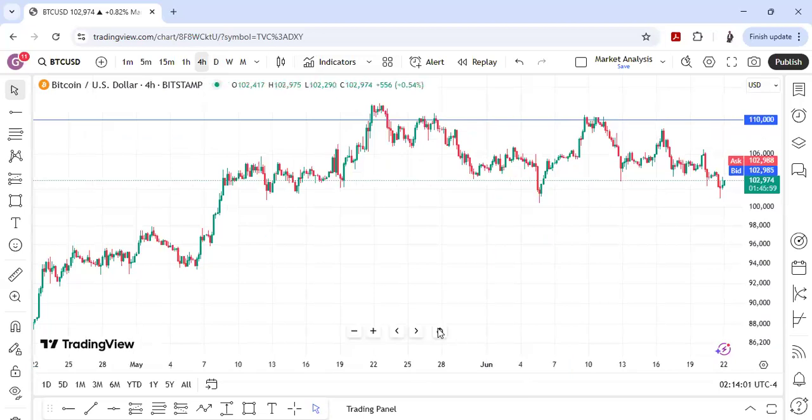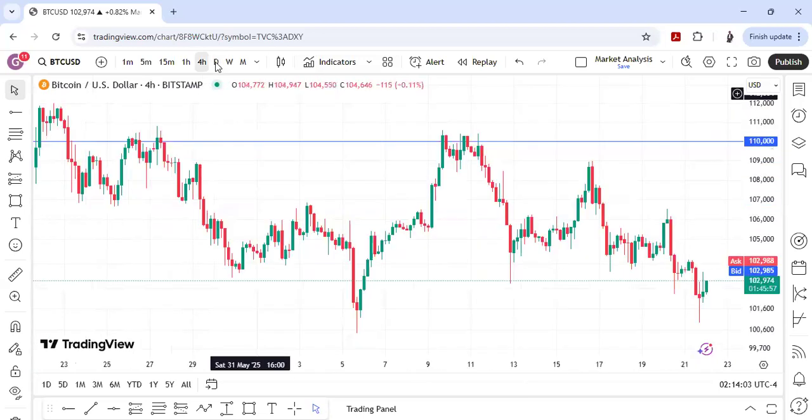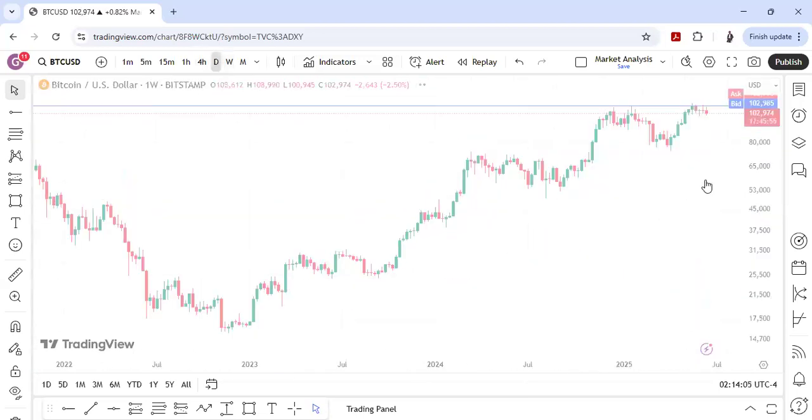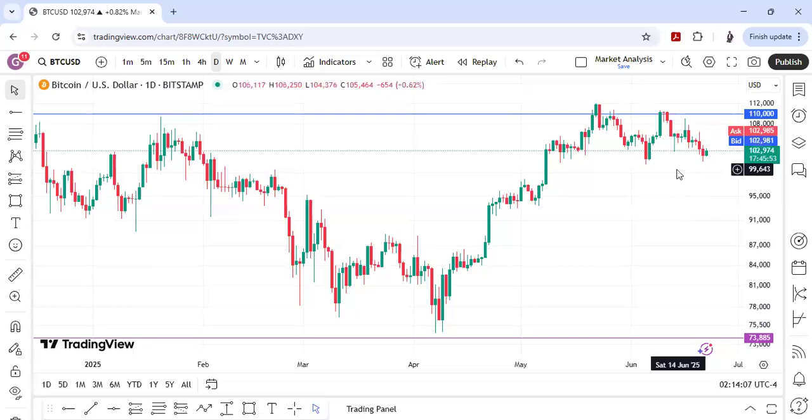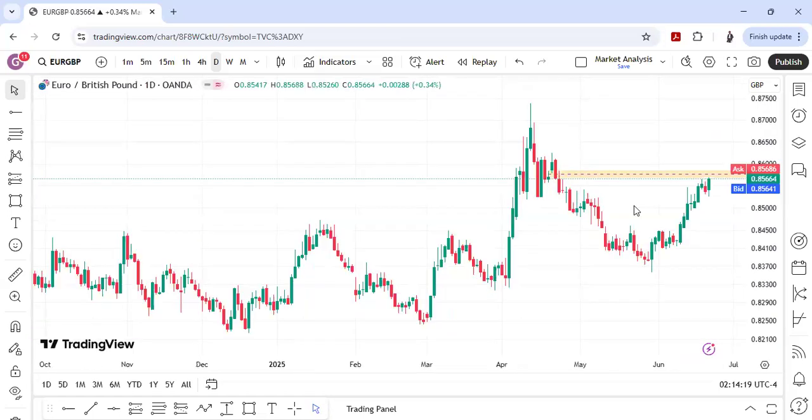That's it for our analysis for week 26. Everything is still in play. No sentiment has changed yet. It's just trading within the range. And this is the last week of the month, so we expect such to happen. All right, so don't forget, we expect consolidation, trading within this range for